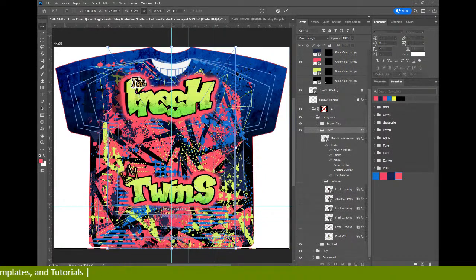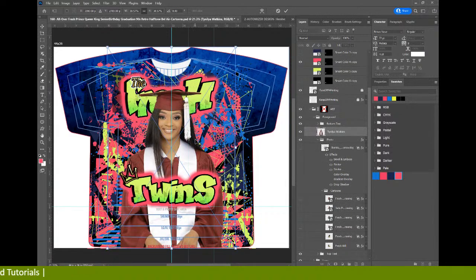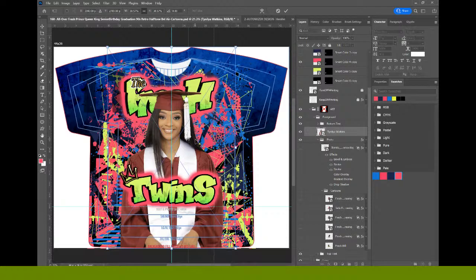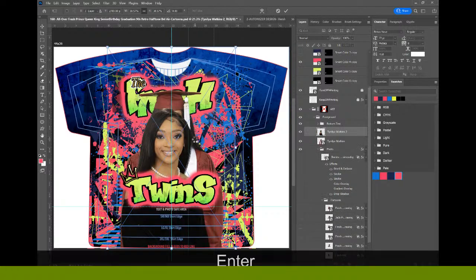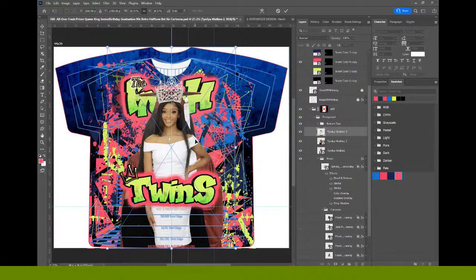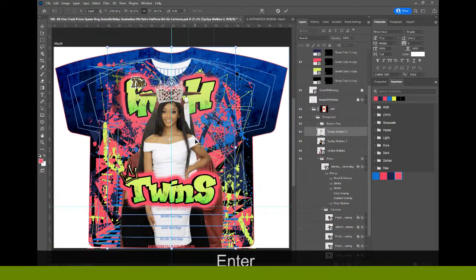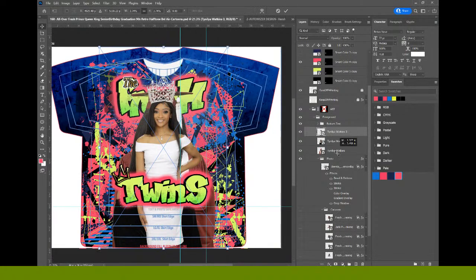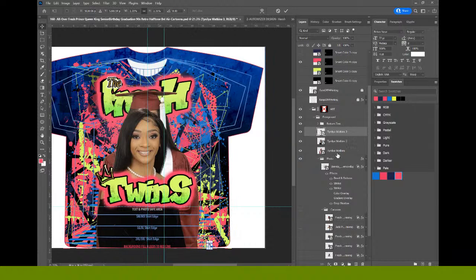Now, when I have multiple images that I have to collage, most times I'm going to bring them in at one time and just figure out how to place them to where it fits best. It tells the best story. So this is all depending on what you have in the image. Is it an action photo? Is it a portrait? I'm going to go ahead and pull all these down together as far as size wise,